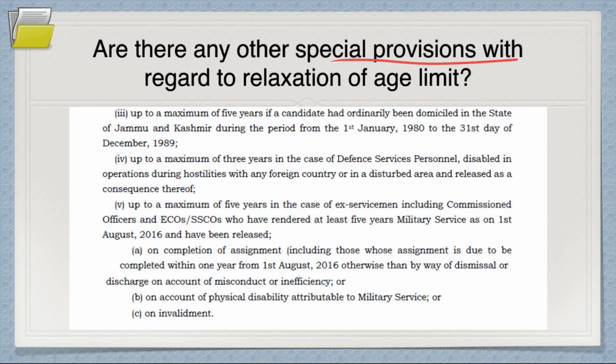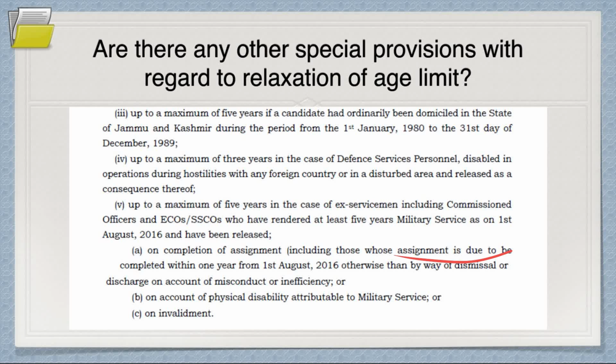Are there any other special provisions with regard to relaxation of age limit? Yes, up to a maximum of 5 years if a candidate had originally been a resident of J&K from 1 January 1980 to 31st December 1989. So 5 years extra for J&K. Up to a maximum of 3 years for defense services personnel who were disabled in operations during hostilities with any foreign country or in a disturbed area and released as a consequence thereof, and up to a maximum of 5 years for ex-servicemen including commissioned officers, ECOs, SSCOs, who have rendered at least 5 years of military service,